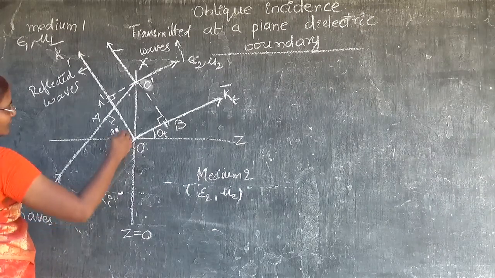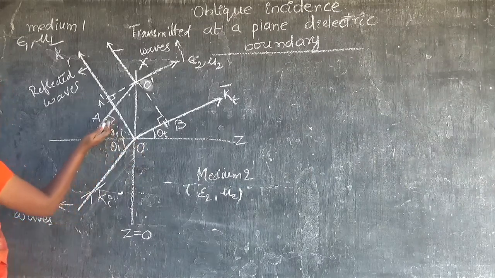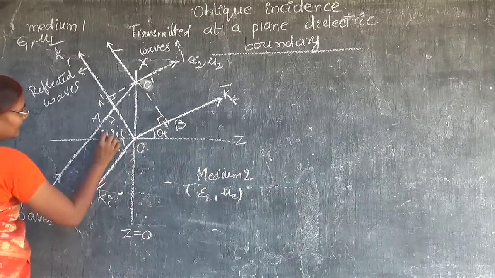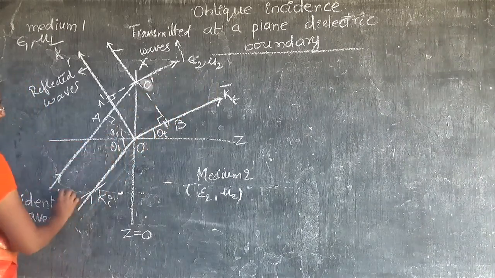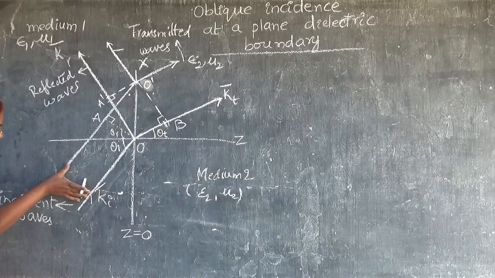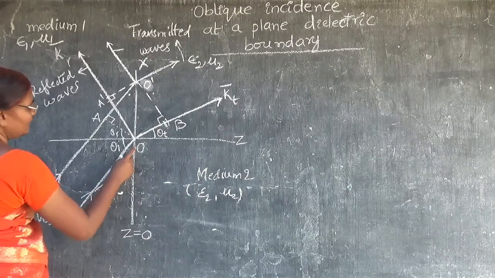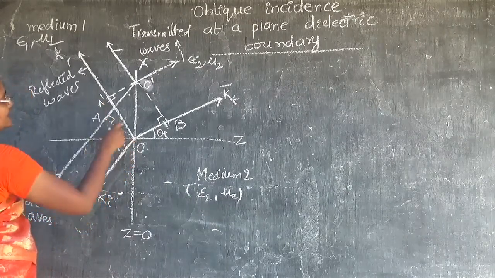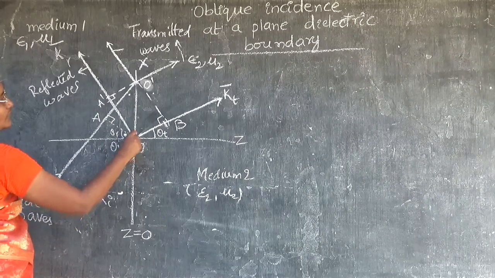If we observe, this is the wave and this is the wave front. That means the wave is traveling between these two surfaces. These are equiphase surfaces. So here we can observe at O, these three waves are at this O,